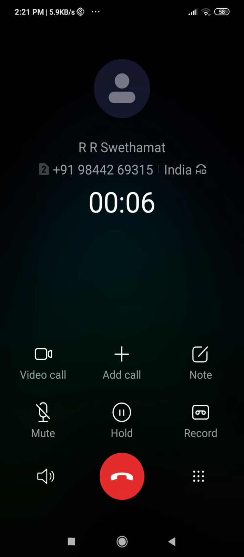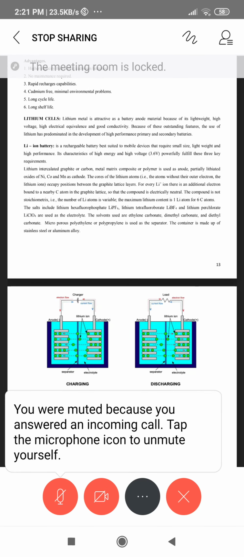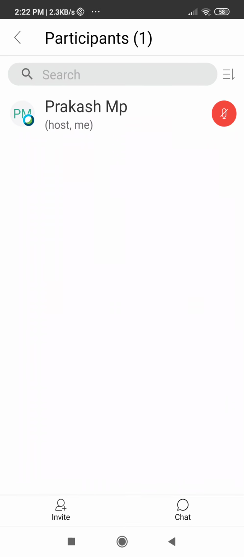Okay. So regarding examples of lithium ion cells or lithium ion batteries. Even in one cell or one battery, the maximum voltage is more than 4.5. Lithium is the anode, and a gold metal is the cathode. At that time it will produce 6 volts. 6 volts will be produced.